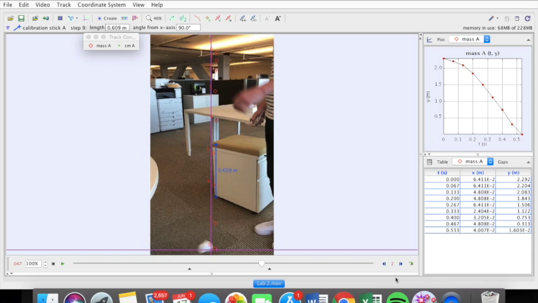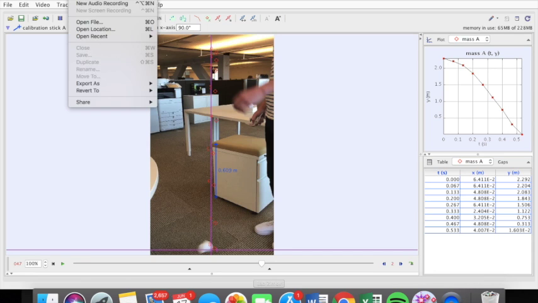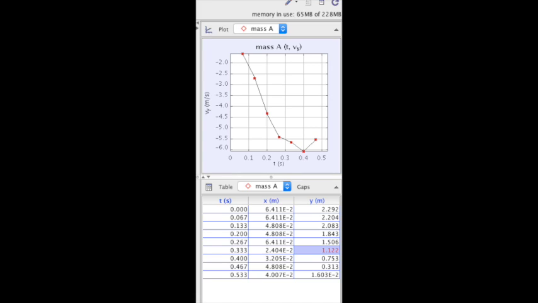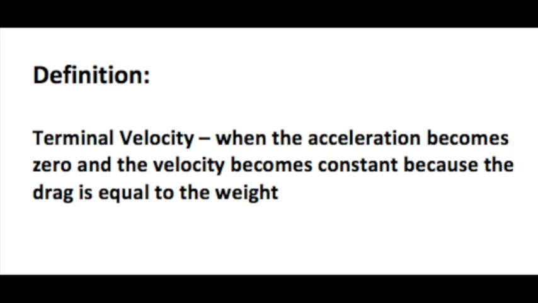and as you can see, the slope of the graph starts off getting steeper until the moment in time at t equals 0.4 seconds. Here, the slope of the velocity begins to lessen, hinting at the idea that the drag force could be increasing and the cup could have been approaching a terminal velocity. We define terminal velocity as when the velocity becomes constant because the acceleration is 0 because the drag force is